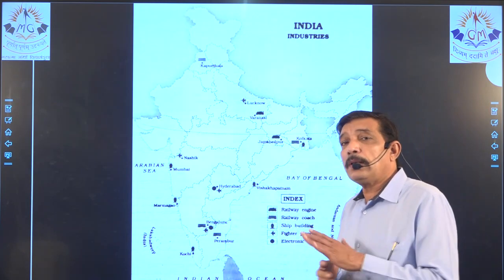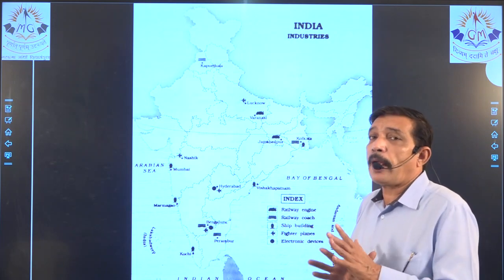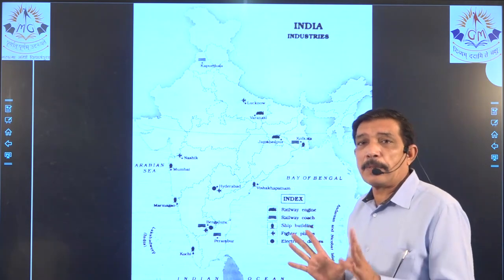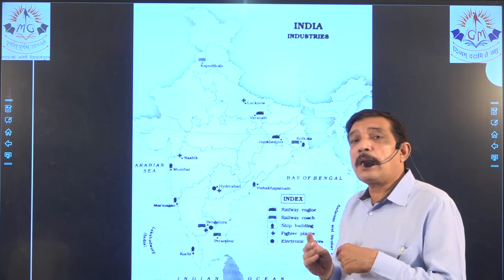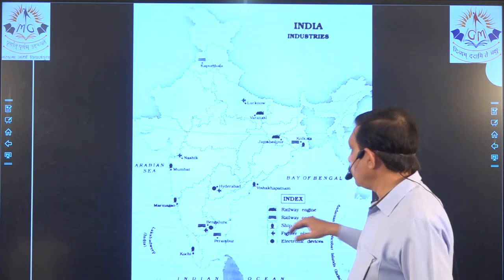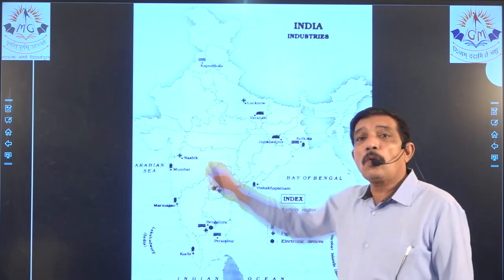So when we are doing the markings, remember there are 4 questions and my map should look neat and clean. I have 4 different markings done separately, so that the examiner is not confused. I am not overlapping the markings. Then we come to shipbuilding. Now shipbuilding will not be in the center, it has to be on the coast, right?